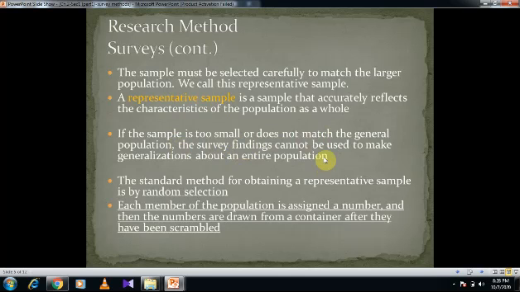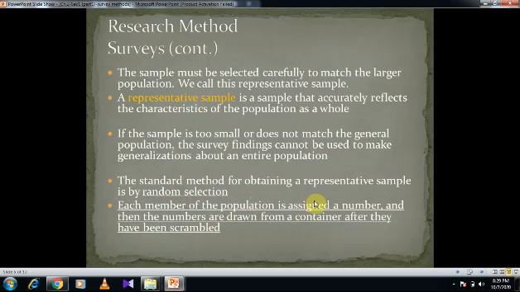So back to our question, how do we pick our representative sample? This is simply done by random selection. The process of random selection is done without any rules. We do not pick according to gender. We do not pick according to location. Simply,